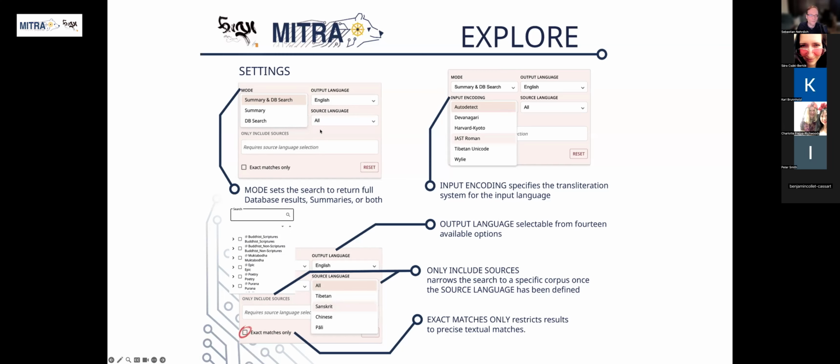And after setting the source language, you can also narrow it down further to specific collections. So for example, if you have set the source language to Sanskrit, then you can also narrow down the search to, let's say, the Buddhist non-scriptures, the treatise section of the Buddhist Sanskrit literature. Or you can even go down further and limit the search to only Yogacara material and even down to individual authors. That is also possible. You can search within specific text. And in order to get the most out of the system, we encourage you to explore the search function and make use of that in your work.